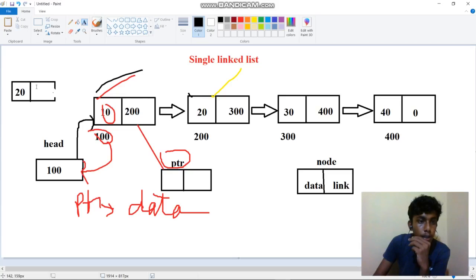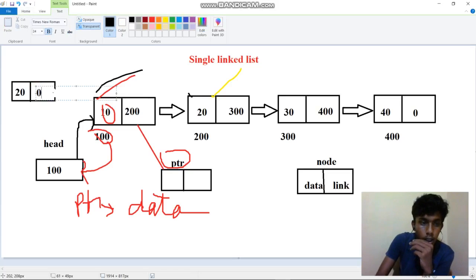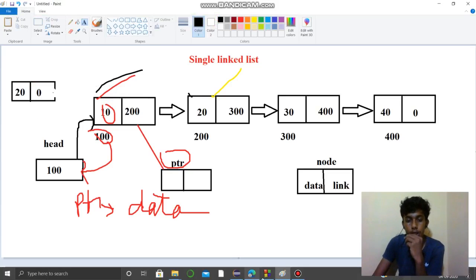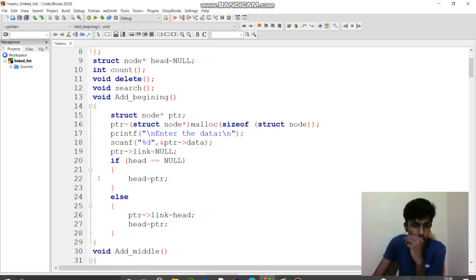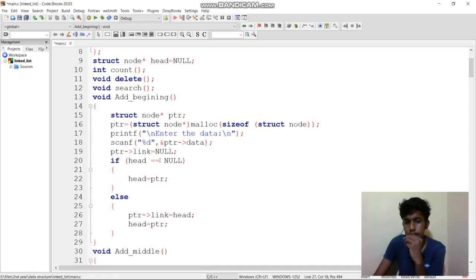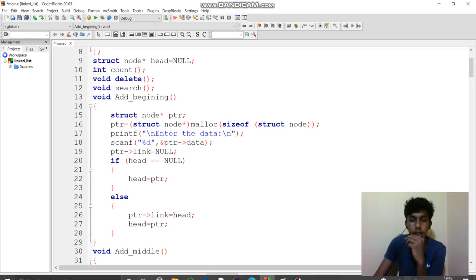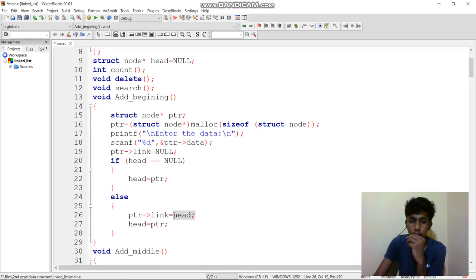Initially it will be 0, because this is the first element and also the last element. Now what will happen if head is null, that is, if it is not the first value? ptr of link equal to head. That means initially it has a value, and head is pointing to the first node.